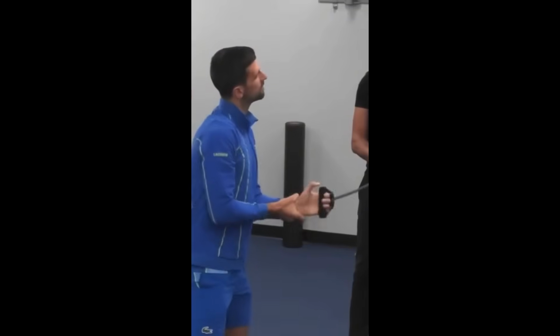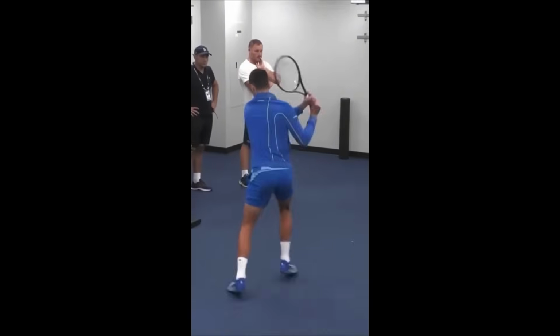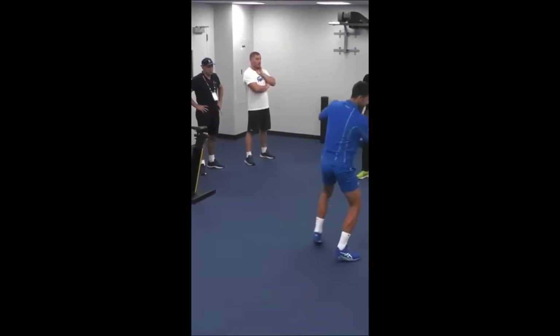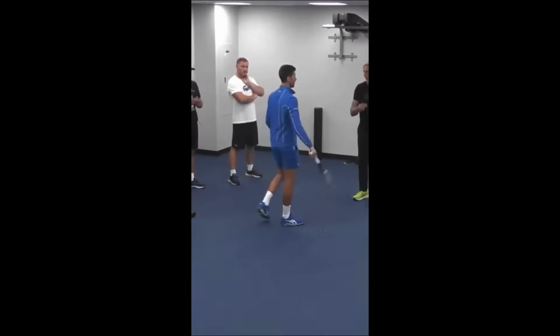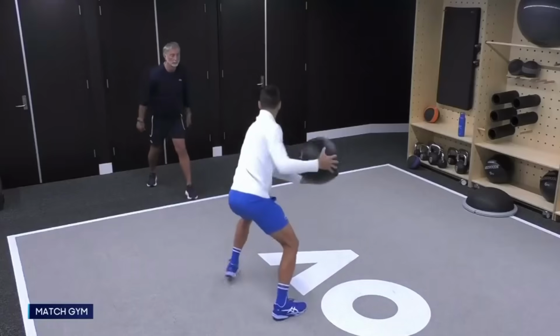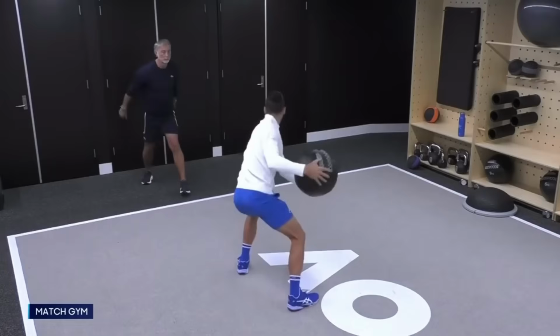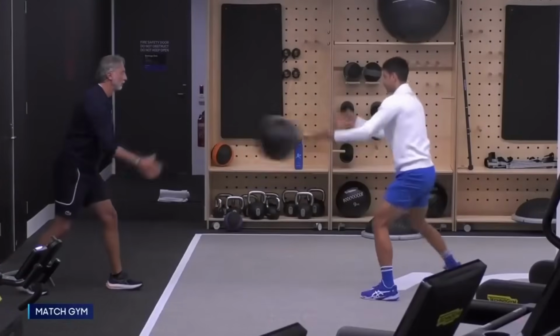Rotational medicine ball throws target the core muscles, particularly the obliques, which are critical for transferring energy from the legs through the torso and into the arms. By repeatedly practicing these explosive movements, players develop a more efficient kinetic chain. This allows Djokovic to maximize the energy transfer from his lower body to his upper body, translating into more powerful